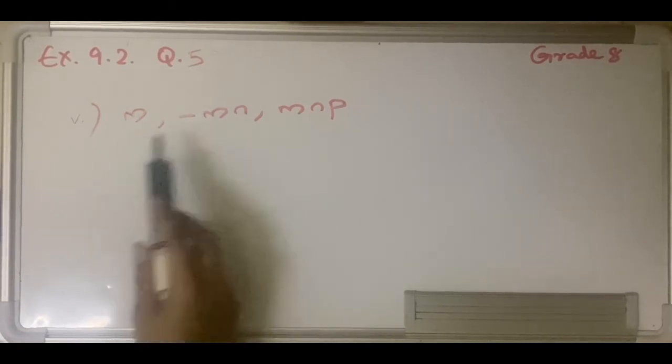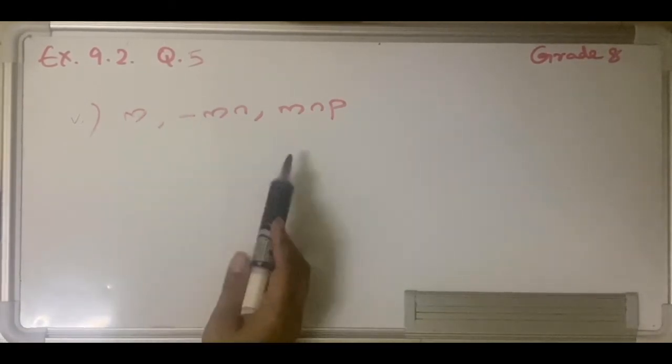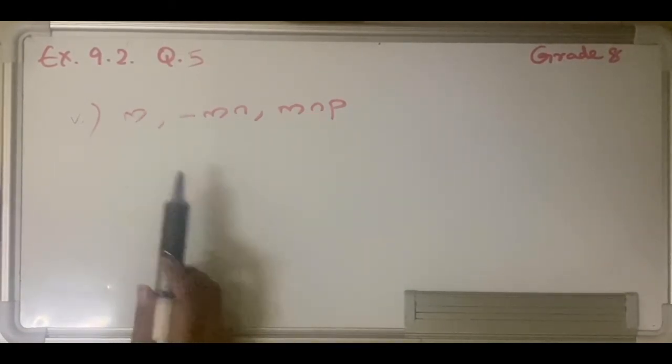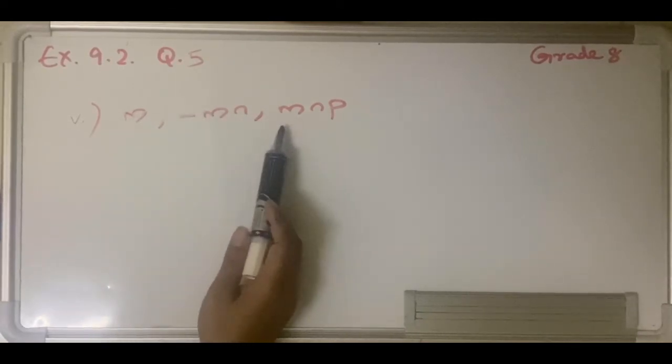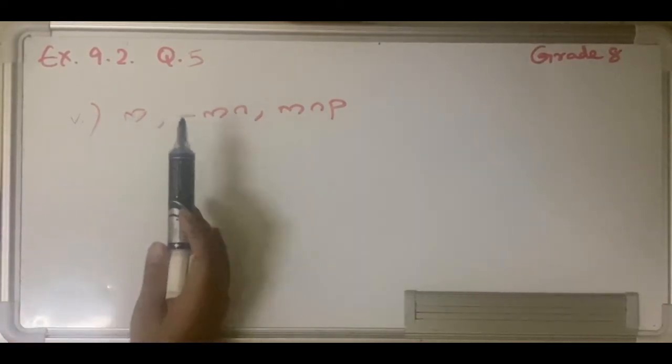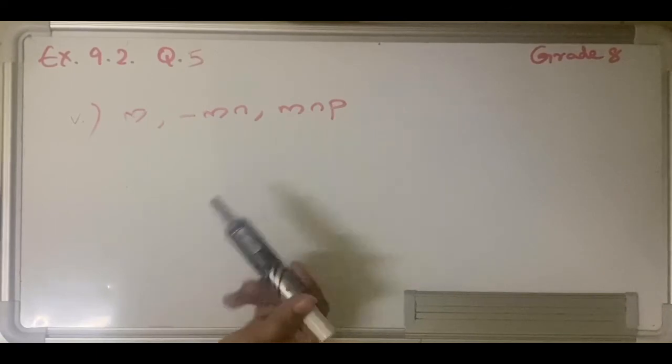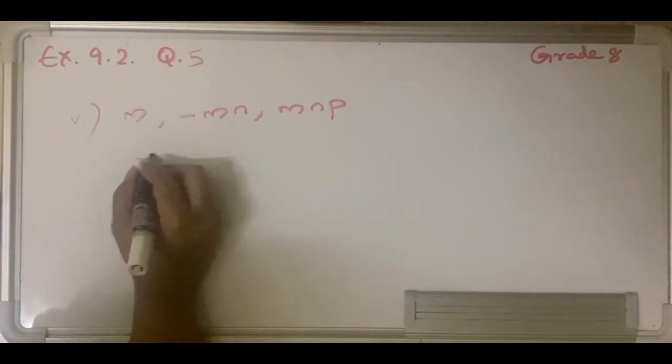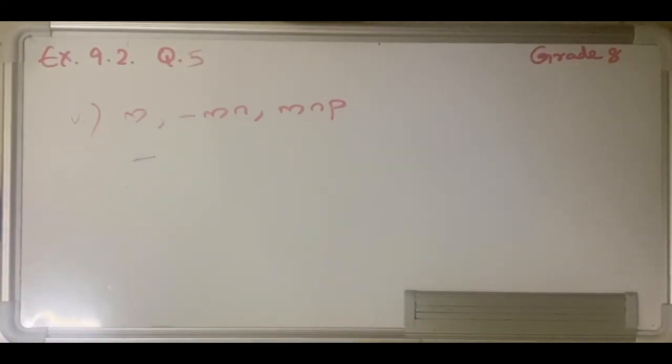Here we have no numbers, right? But we see an odd number of negatives. No numbers means it would be simply 1. So basically 1 multiply minus 1 multiply 1. So odd number of negatives means when you are multiplying, then your answer should also have a negative sign, right?